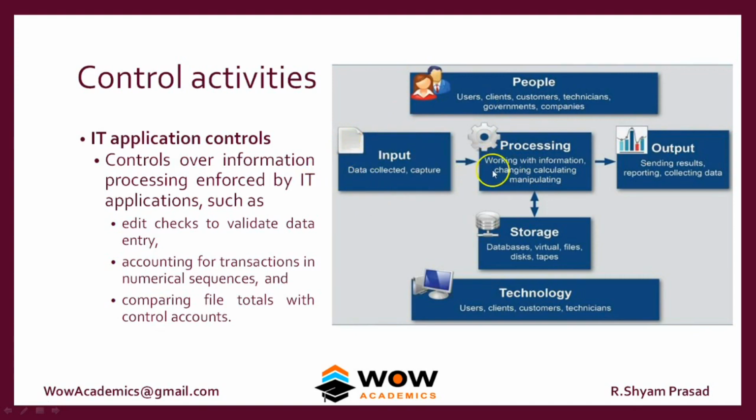Then processing: how this information is calculated, is the calculation proper, is the recording proper, is it properly input into the database? All this is called processing. For example, we can get a month-on-month sales report, area-wise sales report, geographical-wise sales report, salesman-wise sales report. Even in a sales report, we can get it in many ways, not just one way. So we have to find out whether our software is processing this data input properly. That is an IT application control.